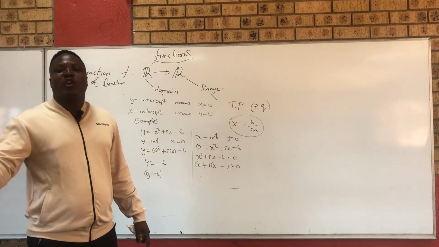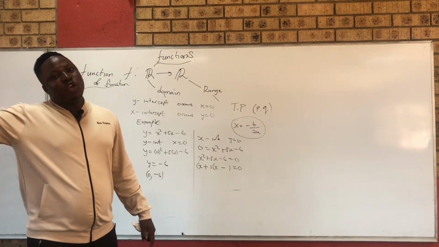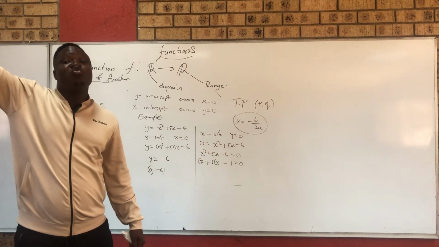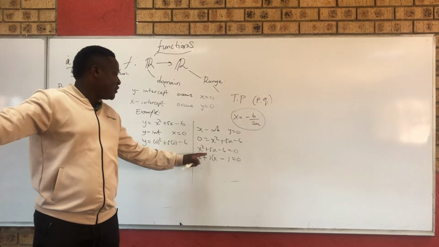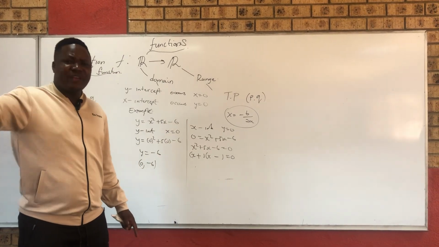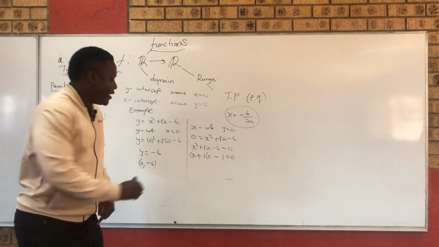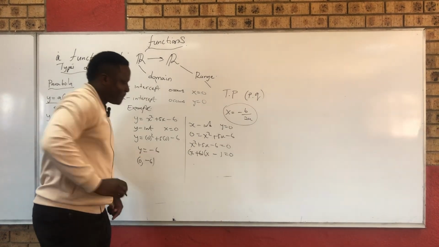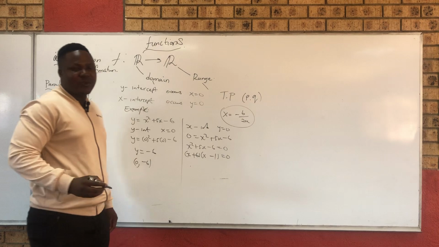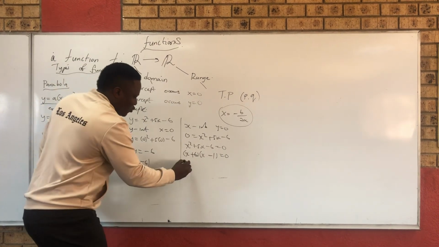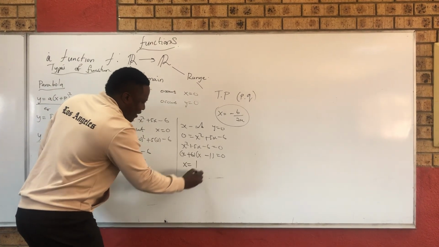If the sign of the coefficient of x is negative, you will give the negative value to the bigger value. If the sign is positive, you will give the positive sign to the bigger value, of which we said we have 6 and 1. So 6 is going to have the positive sign, while 1 is going to have a negative sign. Then here we will have x equals 1, or